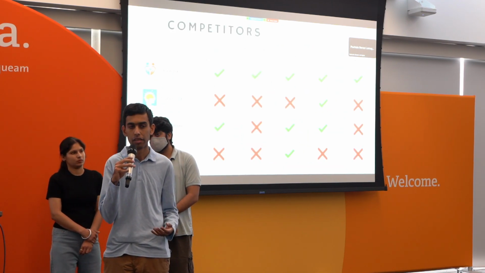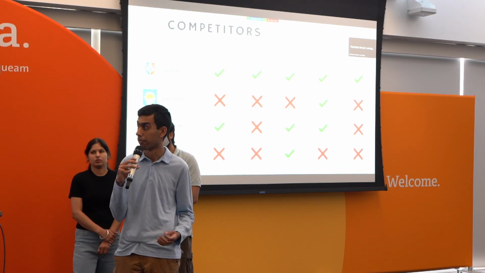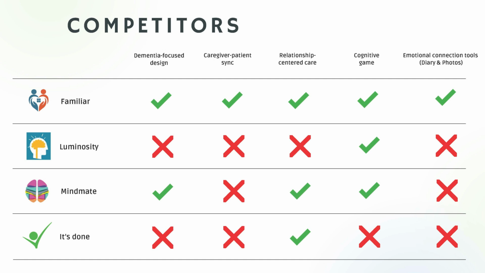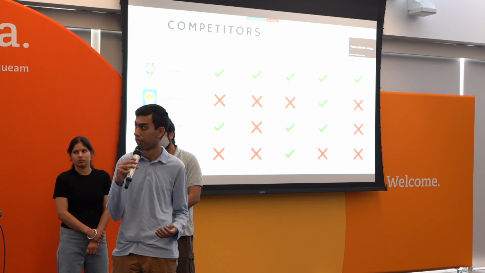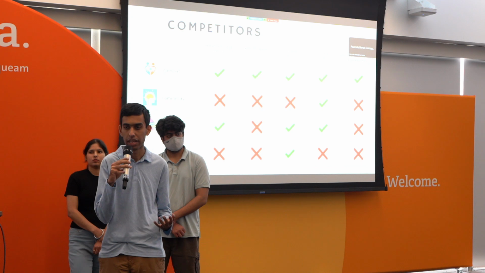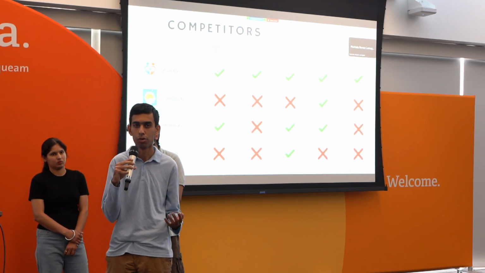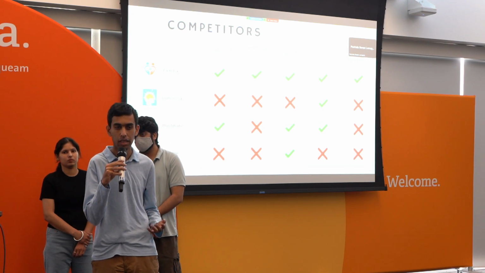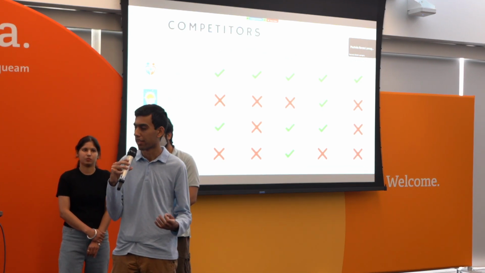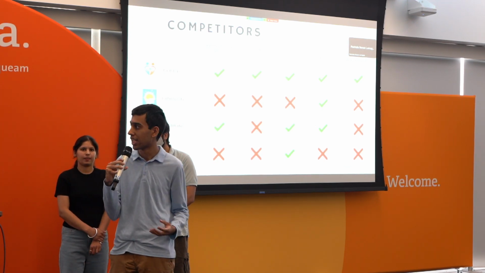When we compare Familiar with solutions in the market, several key differentiators emerge. Let's go over a few. Unlike our competitors, we offer a dual interface design that serves both caregivers and patients equally. In addition to having memory-engaging games and a library of family profiles, we go beyond basic care by helping staff understand each patient's emotional well-being through diary entries. This puts Familiar in a unique position, offering lots of tools for both caregivers and patients. Now, let's have a look at Familiar in action.